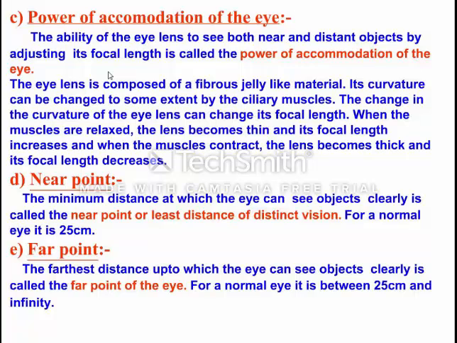And what do we mean by intensity? The amount of light falling on a unit area, that is the meaning of the intensity of light. When the light is brighter, the amount of light falling on a unit area will be more, and when the light is dim, the amount of light falling on a unit area will be less, meaning the intensity will be less, and in one case the intensity will be more. Now in the next class we will study about the defects of vision.